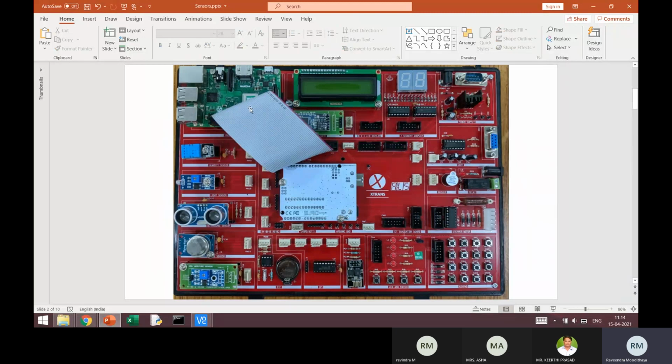So by writing code on this Raspberry Pi, you'll be able to control these devices. In the same way, you can connect this RelayMate connector, a 4-pin RelayMate connector, this one and this one, because to operate the buzzer, I need only 1 port pin. I just have to write 1 to that or write 0 to that. If I write 1, it will start sounding. If I write 0, it will stop. So I need only 1 pin. And to operate the relay also, I need only 1 pin.